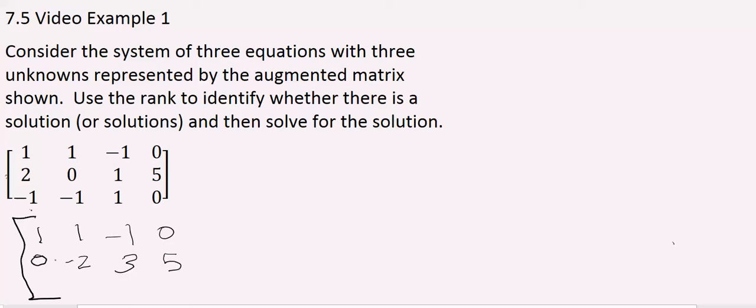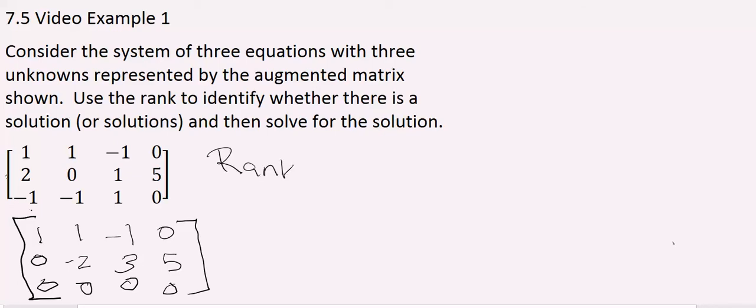And then in the last row, what row operations will get rid of that leading minus 1? Well, that'll be row 1 plus row 3. And when we do that, we get a 0, 0, 0, uh-oh. So we don't get a unique solution. What we find is that